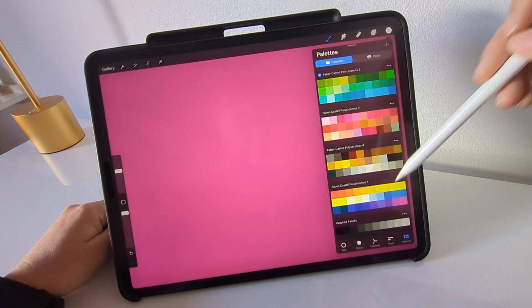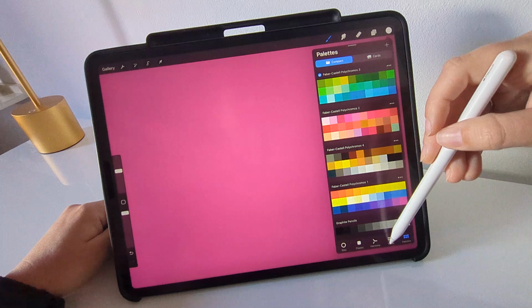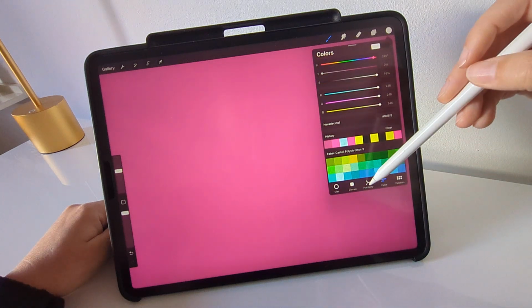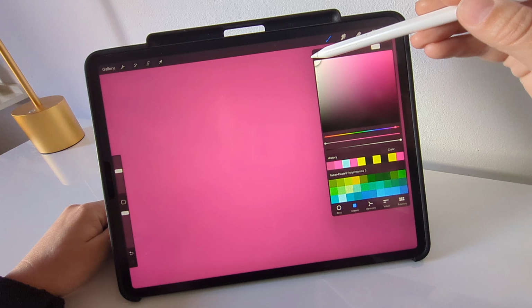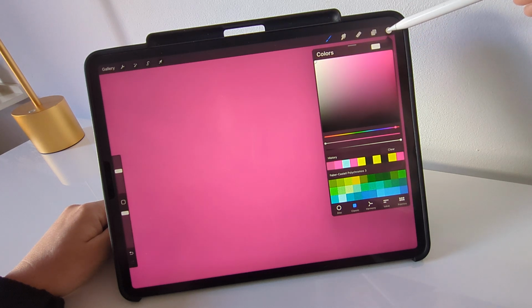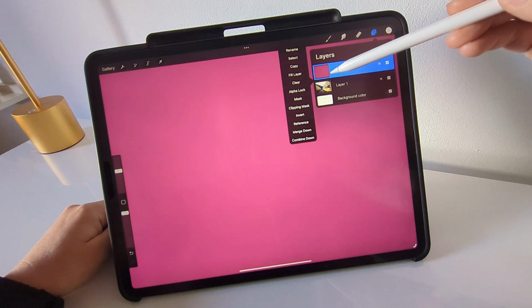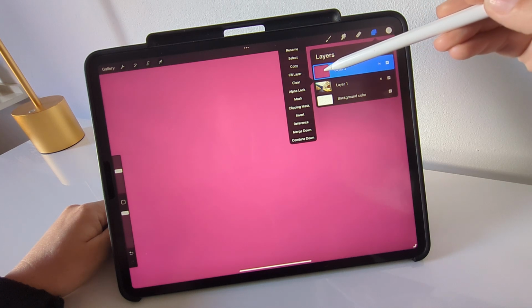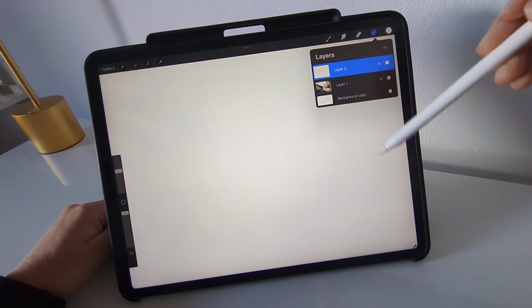There's also a place where there are palettes. I have a bunch of different palettes loaded. There are places where you can change value. There are different ways to look at color here. I'm just going to go right up to the right corner here and choose white. Then I'll go back to my layers, touch on this little icon that indicates what is in the layer, and go fill layer. So it's going to fill it with a white